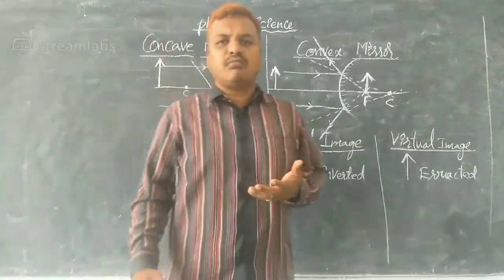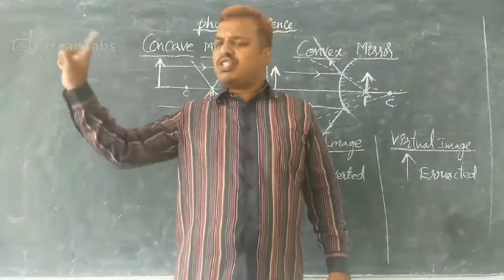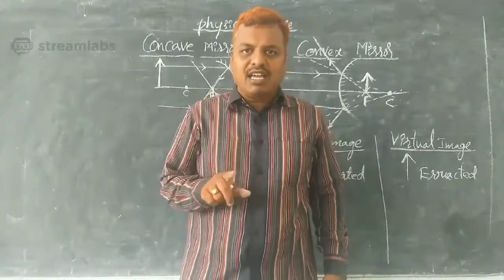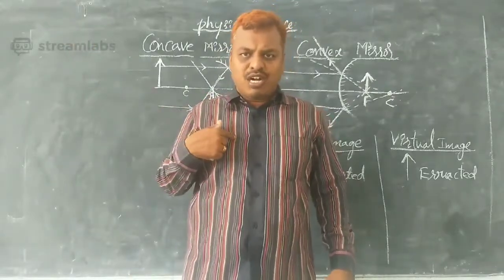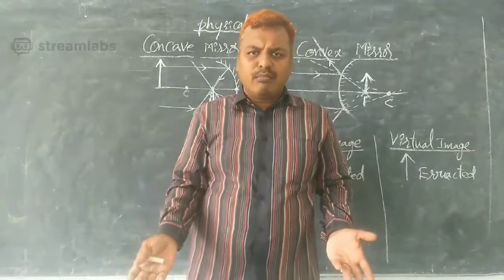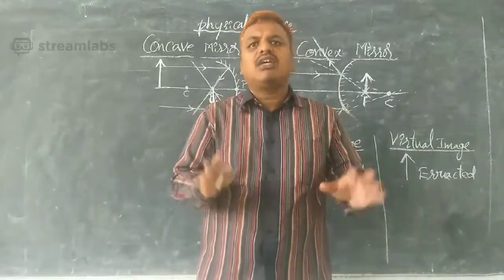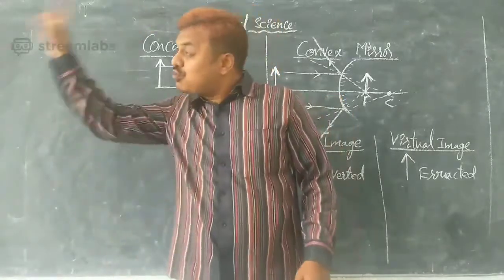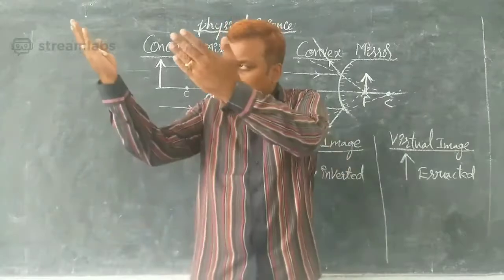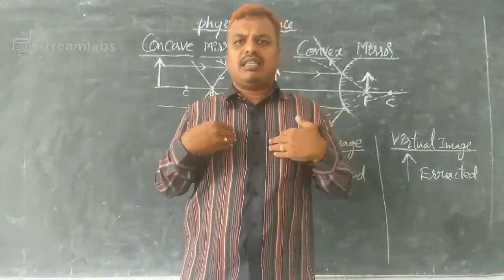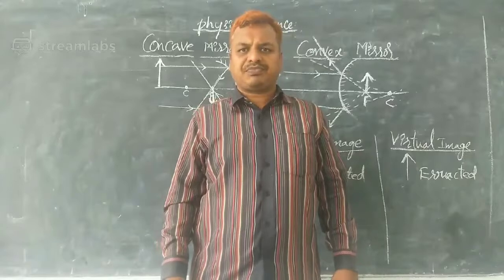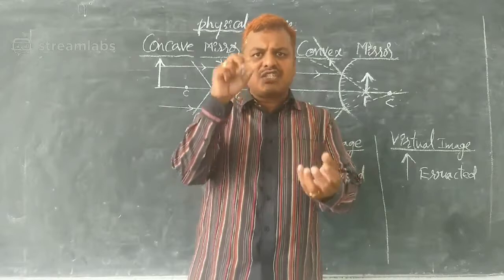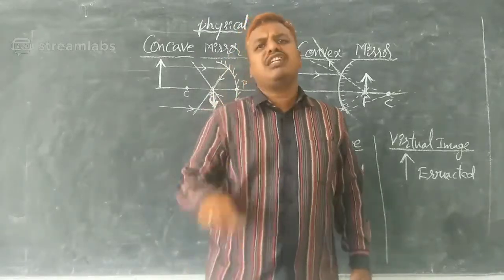When you stand in front of the mirror, if you switch off the light, can you see your image inside the mirror? You cannot see it. Why? Light rays did not fall on you and did not reflect back onto the mirror. That is why you cannot see your image when there is no light. When you switch on the light, light rays fall on you, and you can see your image. Because light rays get reflected, and after reflection they join at one point and form the image inside the mirror.